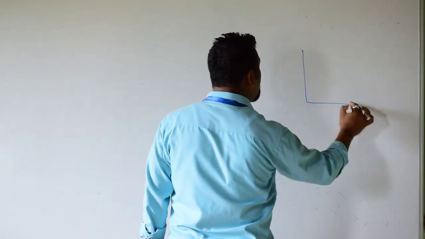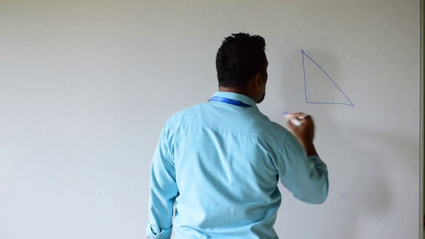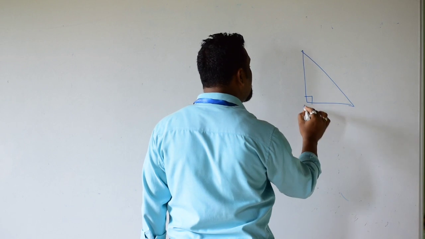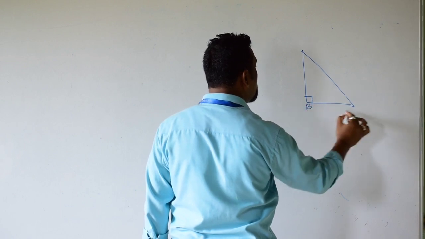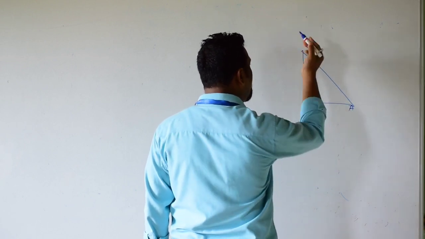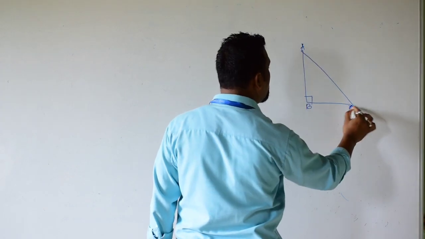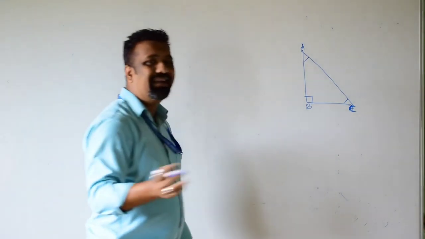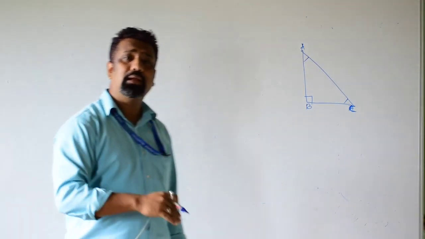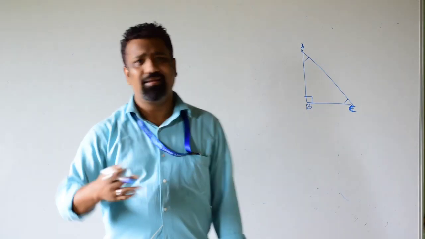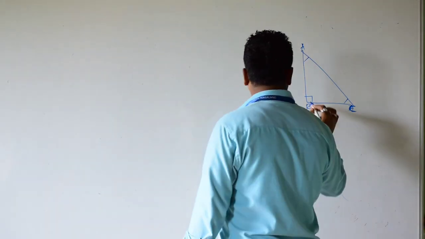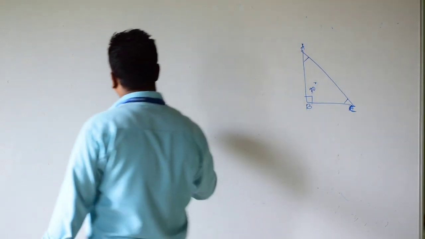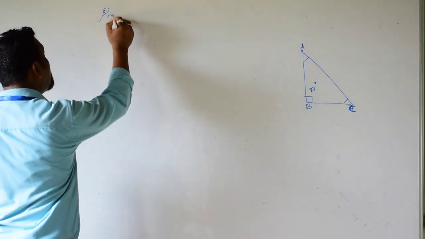In the Pythagoras theorem, we discuss the right angle triangle only. So here the right angle is at this point, so let's give it the name B, and here we'll give A, and let's call this one C, and this one is an acute angle, which is less than 90 degrees. Less than 90 degrees means 1 degree, 2 degree, 3 degree up to 89 you can say, and this is 90 degrees. So this is the Pythagoras theorem, which you need to know before you jump into the exercise.